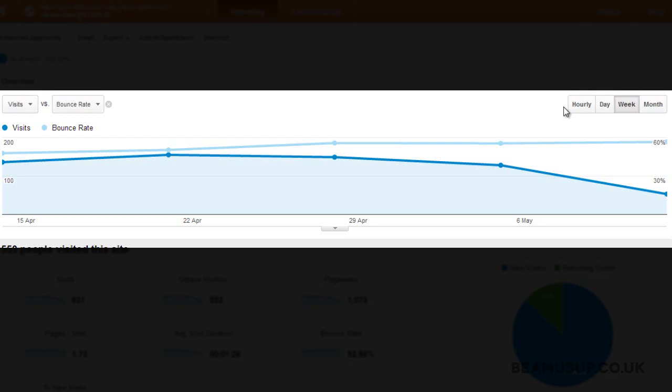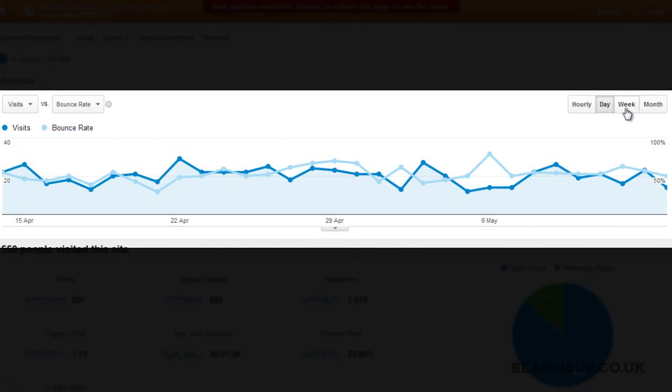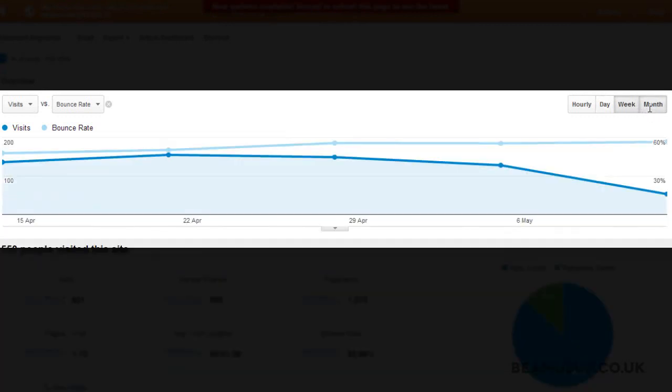You can change the way you view this graph, either by hour, which looks very messy in a period this long, by day, as we were doing before, by week, or by month,